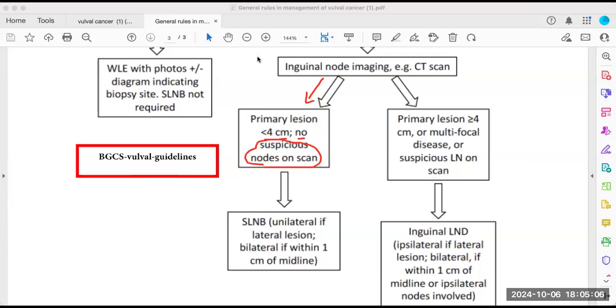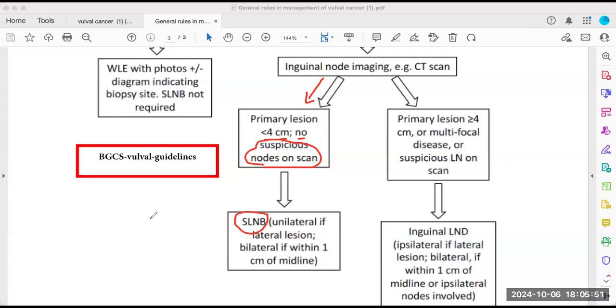However, I need to test the lymph nodes that have the drainage, the drained lymph nodes. That's very important. So sentinel lymph node biopsy is applied here when the size is less than 4 cm and no suspicious nodes on scan. Now, the sentinel lymph node biopsy is taken unilaterally if I have a lateralized lesion. If I have a lateral lesion, I will take the sentinel lymph node from one side only, on the same side of the lesion. But if I have a midline lesion,